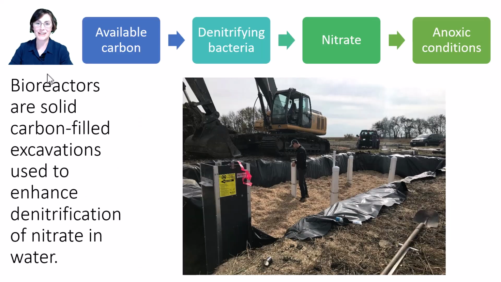oxidation reduction potential. In the introductory lesson of the Bioreactor Basics module, we learned about the 4 things necessary to have denitrification occur in a wood chip bioreactor. One of those was anoxic conditions, and so in this video, we'll review some water chemistry to explore what exactly